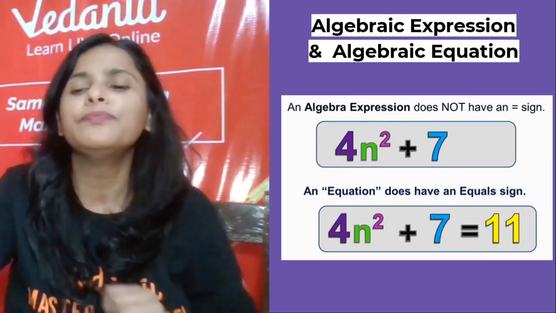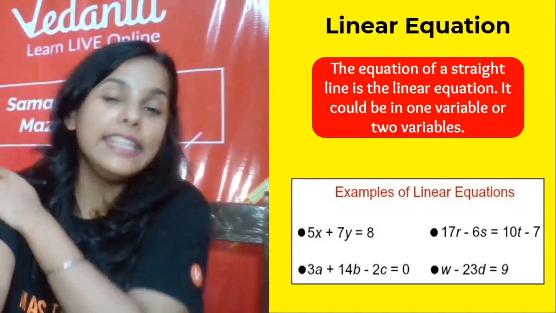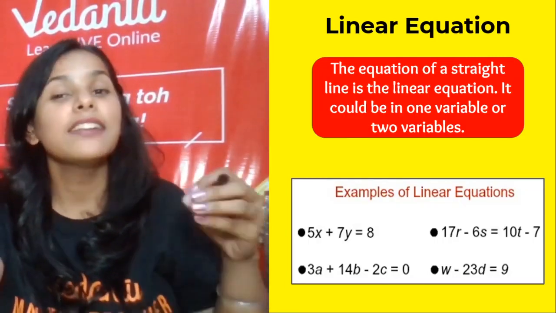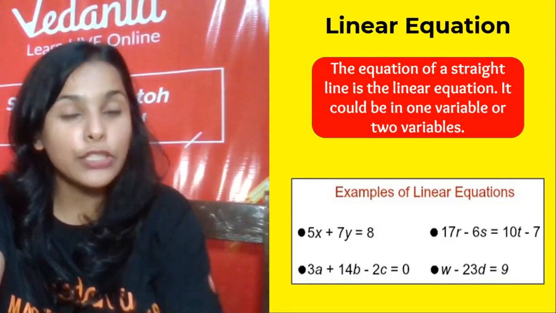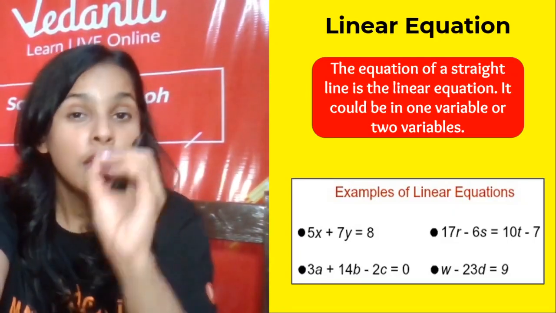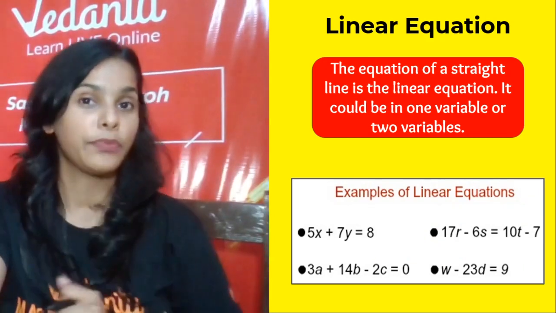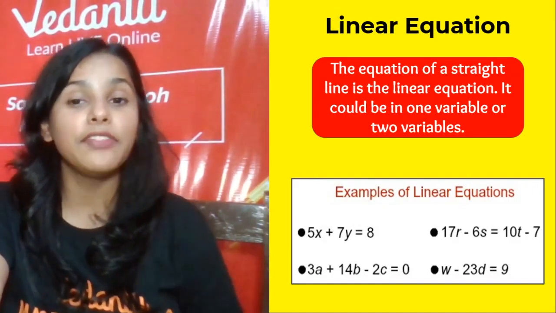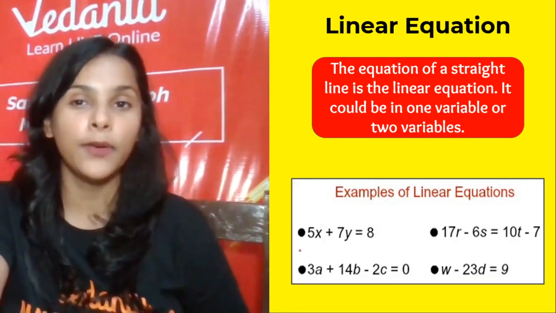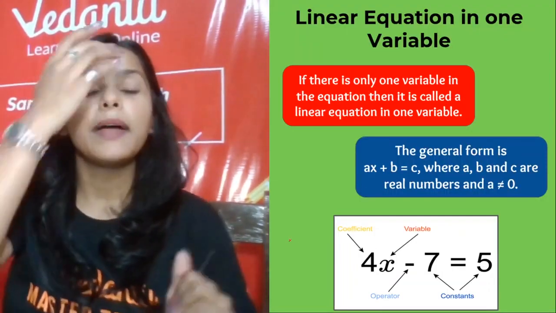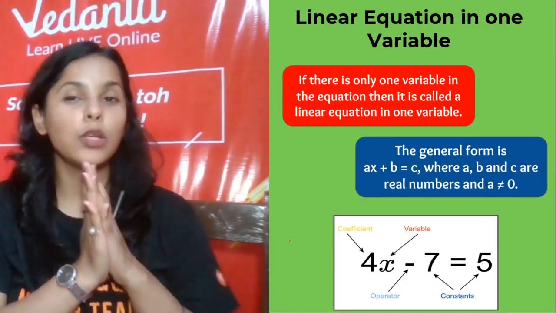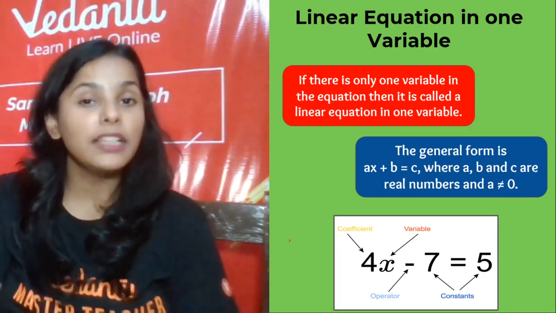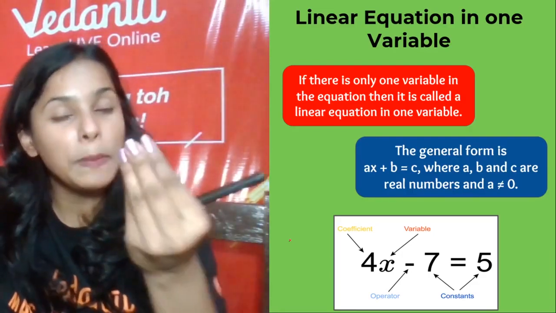Yes everyone, clear? Now what do we mean by linear equation? In a linear equation we have a straight line formed and it has only one solution. Also the variable in the equation should have the power 1. Can you see here in the examples given below, the variables have only one power, right? Now, what do we mean by a linear equation in one variable? It should have only one solution, that means only one value of that variable.